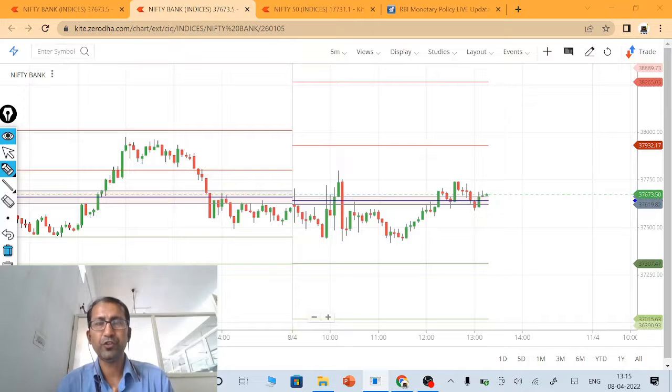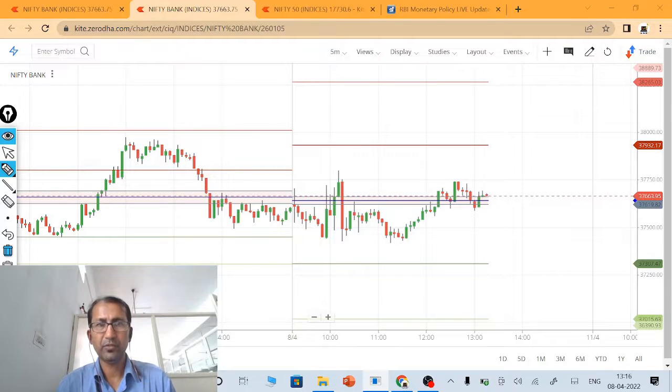So let me not focus on the FII data and other important factors for the day, because the RBI policy decision has already been taken. Everything is priced in. Whatever the FII positions are, we will see at the end of the day, and trade accordingly for the all important trading day on Monday.